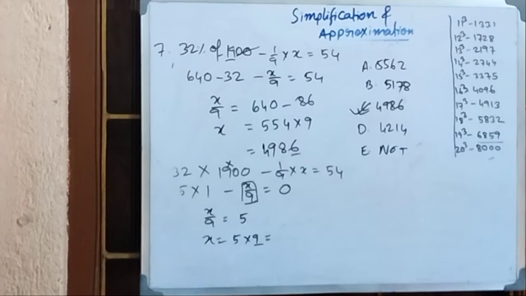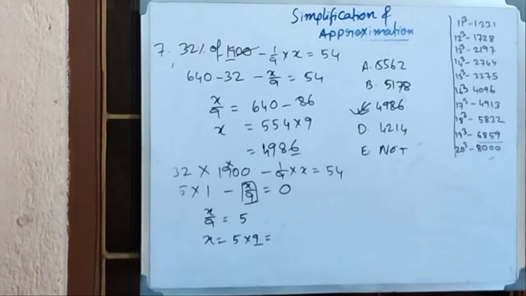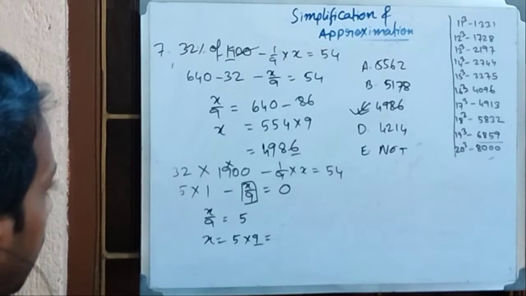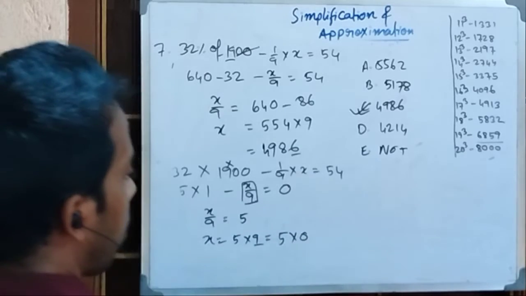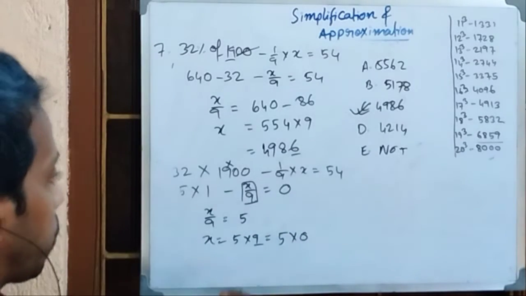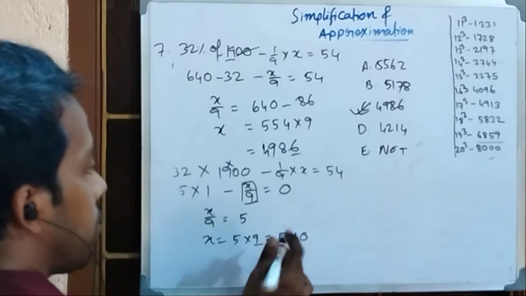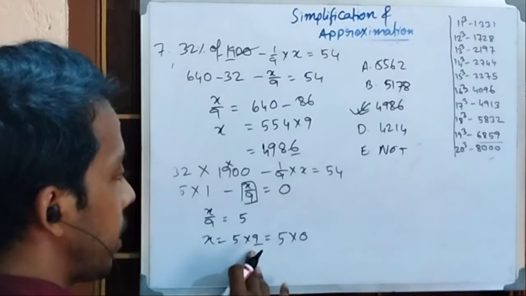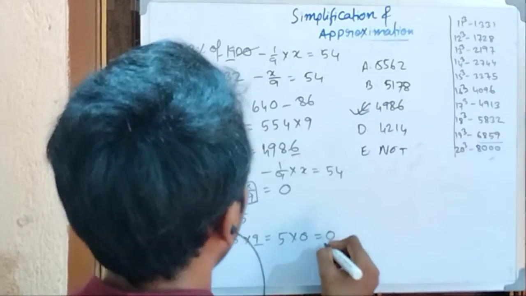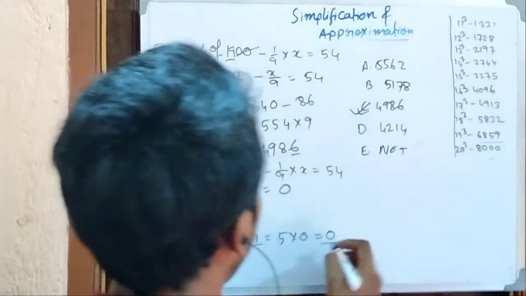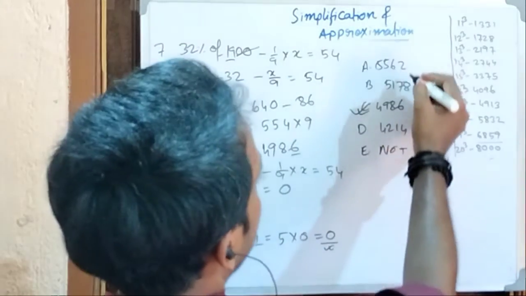Okay, so multiplying this 5 by 0 also gives the same result, because I told you, digit sum coming to 9 also signifies that this is 0, nothing else. So 5 into 0 is 0. So in the given question we find out that the digit sum is 0. So in which options does the digit sum give us 0?